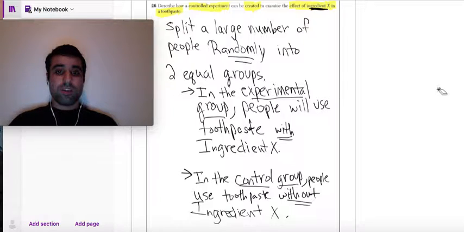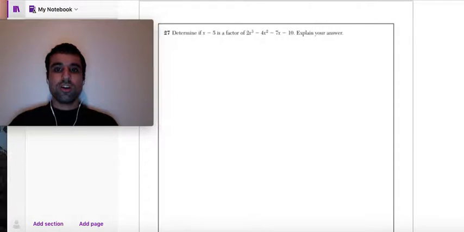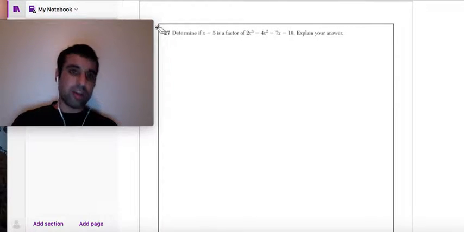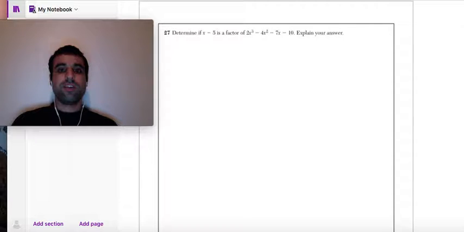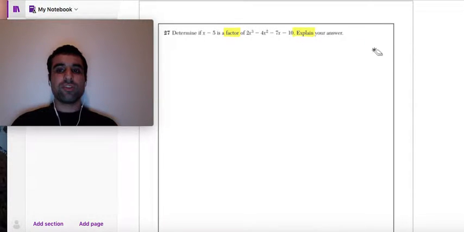I'm moving on to the next question, 27. Determine if x minus 5 is a factor of 2x cubed minus 5x squared minus 7x minus 10. Is it a factor, yes or no? And explain your answer. So guys, very simple. If we were to factor this into, I'm just going to make something up, 2x plus 1, x minus 7, 4x minus 9 equals 0, right? These are the factors. If x minus 7 is a factor, we get x equals 7 is a 0. So very simply, if x equals 5 results in an output of 0,